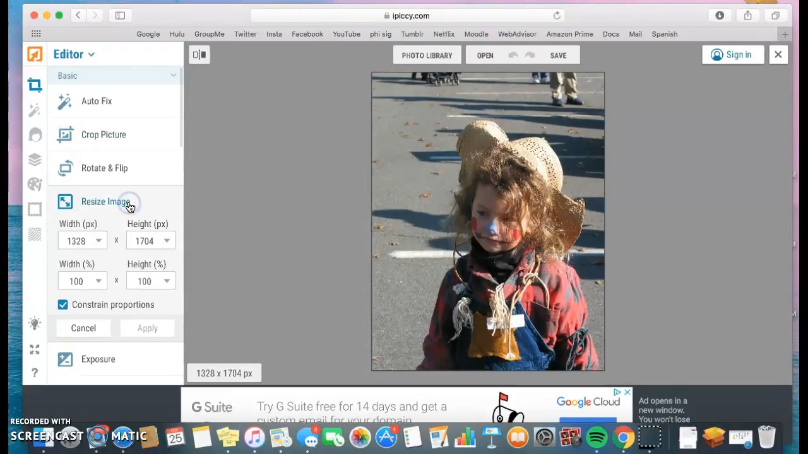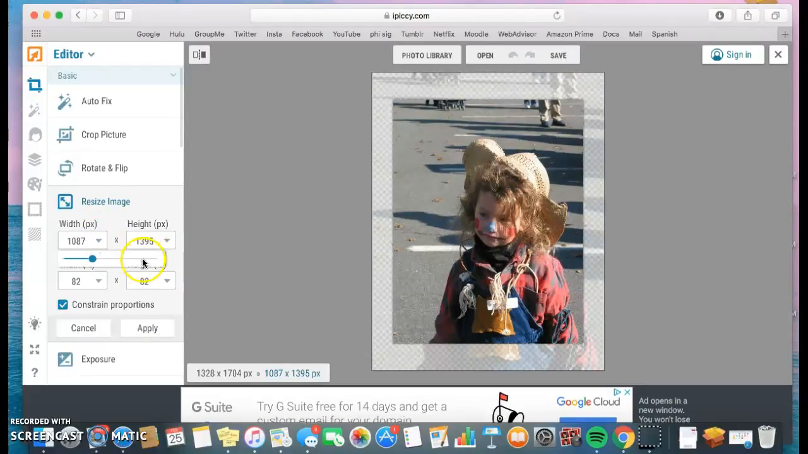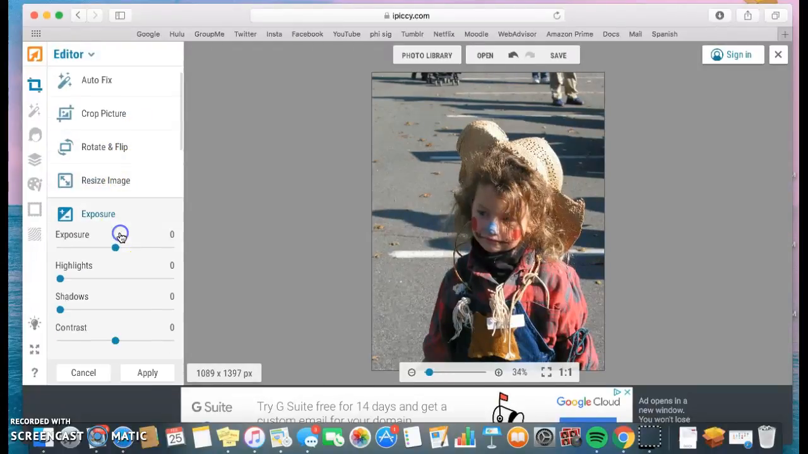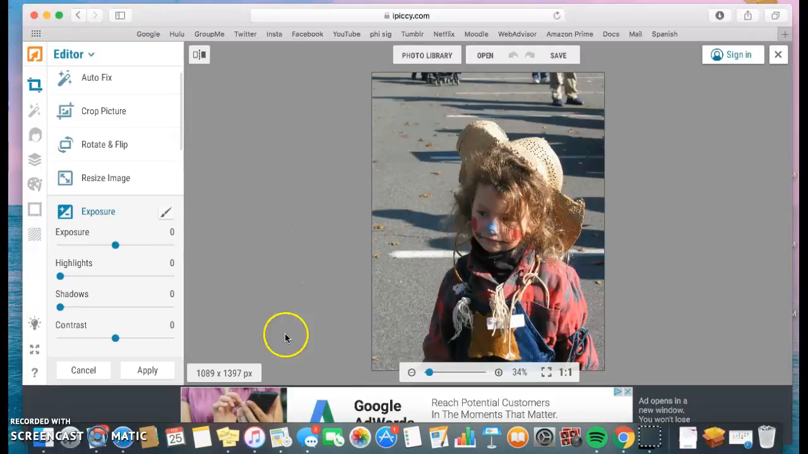Next, we're going to resize the image. To make the image a little smaller, you press Width and you go down a few notches. This will make it a smaller size picture when it's saved. Press Apply again. Then we're going to use the exposure to play with the colors a little bit on the